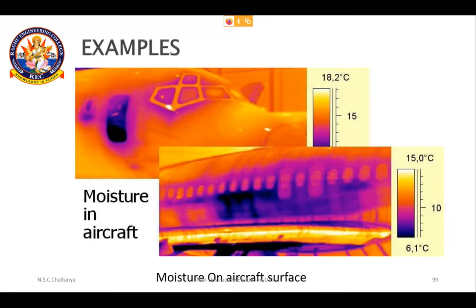This is the moisture. There are two images here actually. One is moisture in the aircraft and the second image shows moisture on the aircraft. That is, moisture which is inside is also seen, whereas moisture on the aircraft surface is also clearly seen just by clicking at it. It's always quite easy to identify. I'm telling it a number of times because this comes under your passive thermography. Wherever there is a difference in temperature between an object in comparison to its surroundings, that can be very easily identified and it comes under your passive thermography. This is an example of it. Next slide.